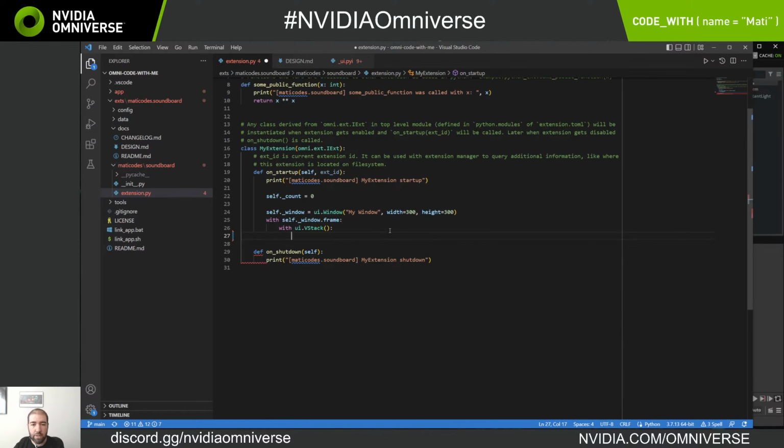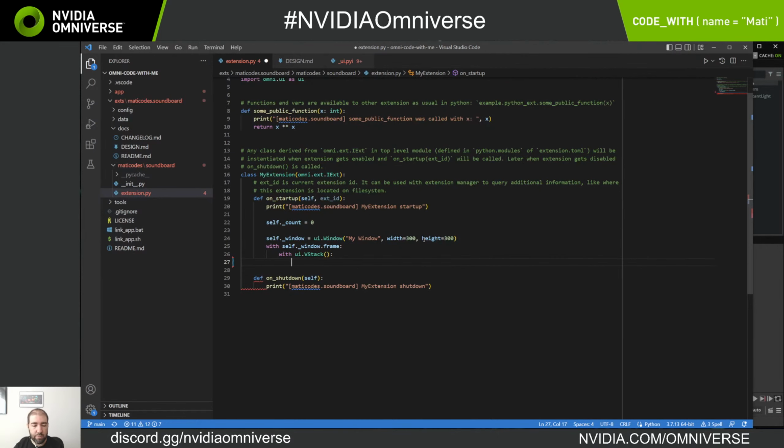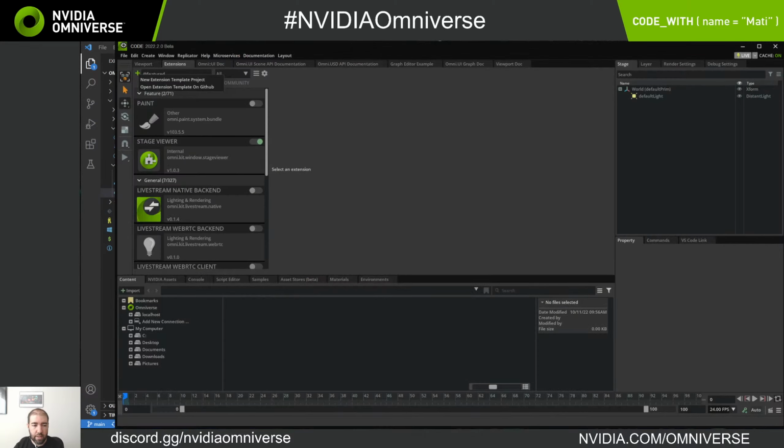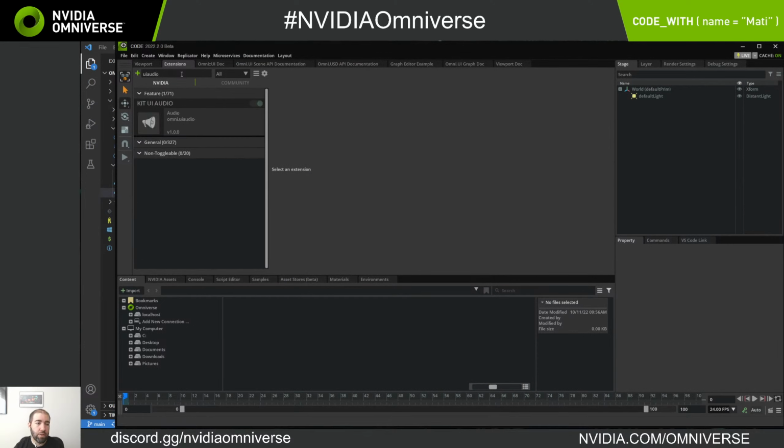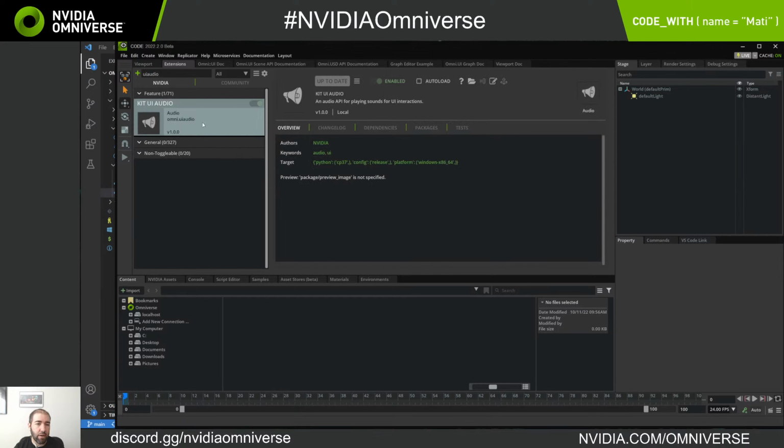And the first thing that I want to do is just, can we play some sound in an Omniverse app? And we can, and there's a few different ways that you can do that. The one that I'm going to be using is this UI audio. It's meant for just basic, click a button and in the UI get some audio feedback. I'm using this one because it's very simple and easy to use. But we also have